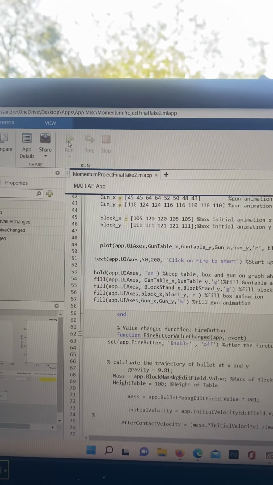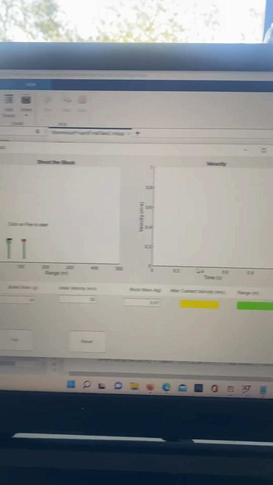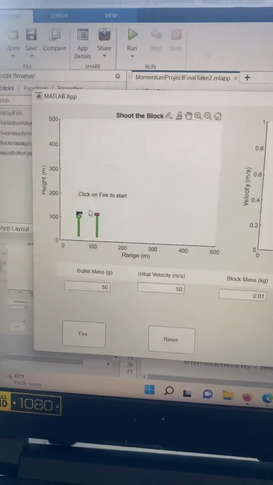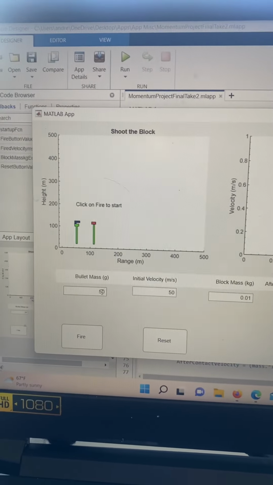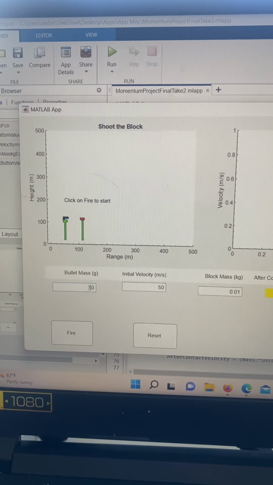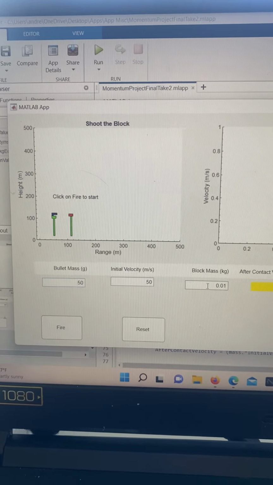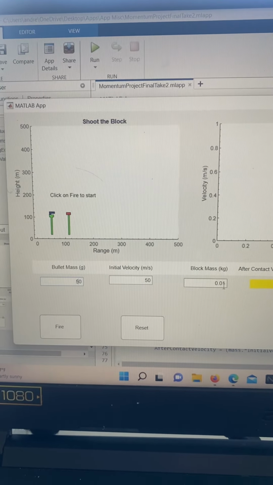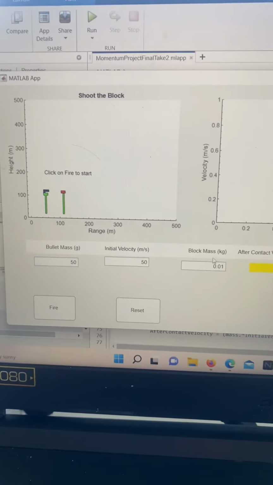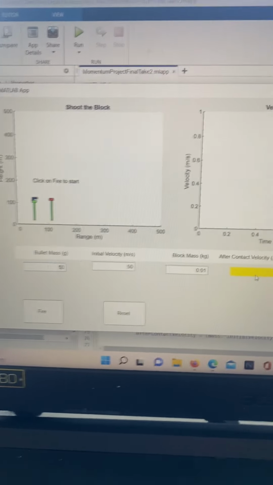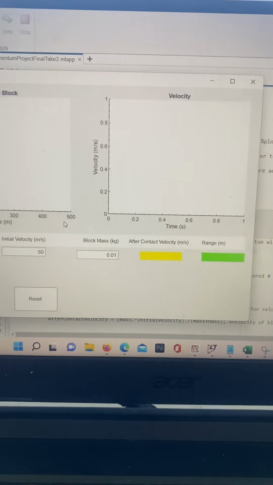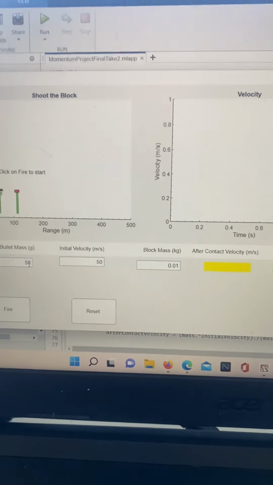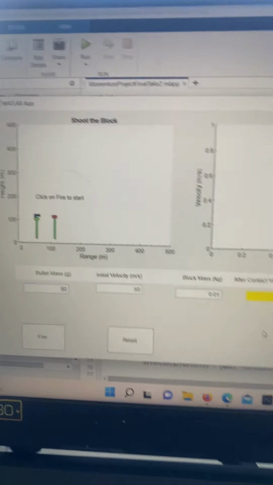So if I run the program, hit run, it opens my app that I wrote. So here we have the gun, here we have the block, and here I can adjust the mass of the bullet, the velocity, and the initial velocity, and then also the block's mass as well. And this will give us the after contact velocity, V final, and how far it traveled. So I'm not going to fire it yet, but I'm going to go to